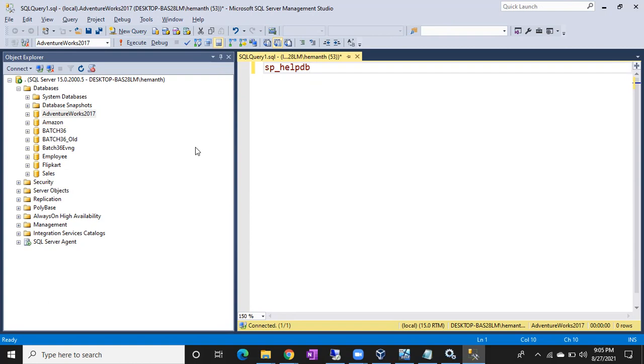What is the compatibility level of a 2012 database? Or else tell me how many digits will be there in the compatibility level? Each database will have a compatibility level, right?